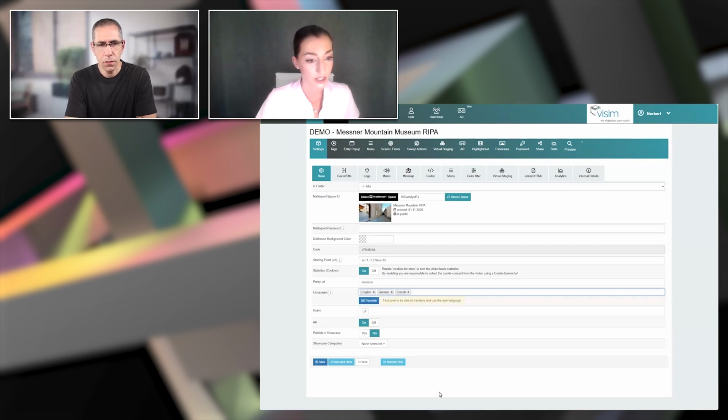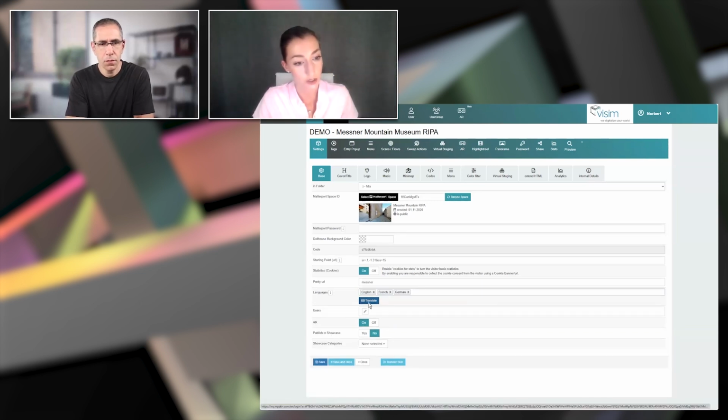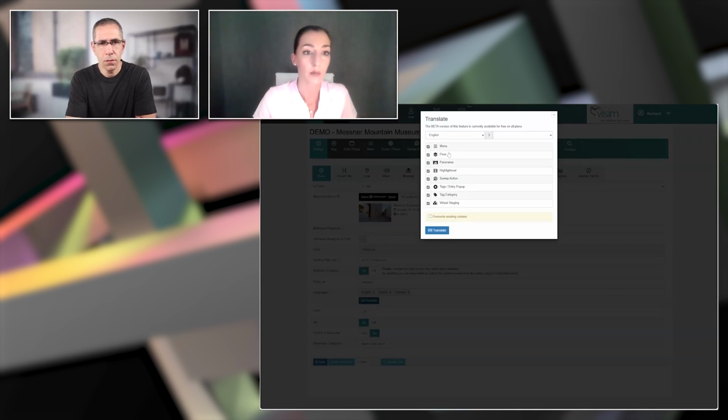What we do is we just select French. First of all, we hit save, and then we can make use of our auto translate feature. Now, this can work in just a few seconds, and the way it works is that we select the language that we would like the content to be translated from. In this case, I'm going to choose English, and then we select what language we would like to translate the content to. We also can choose which types of content should be translated, and if there should be an overriding